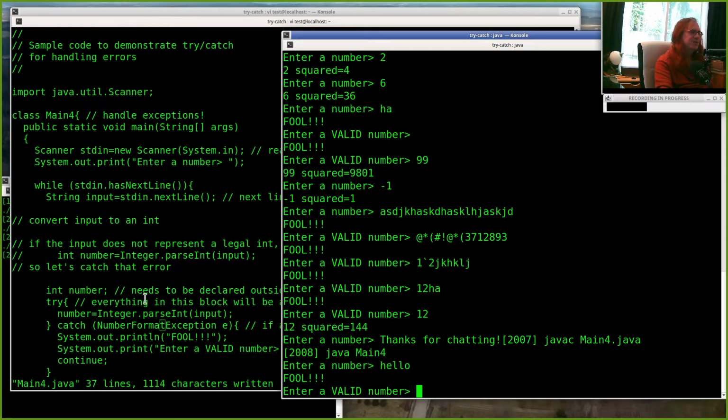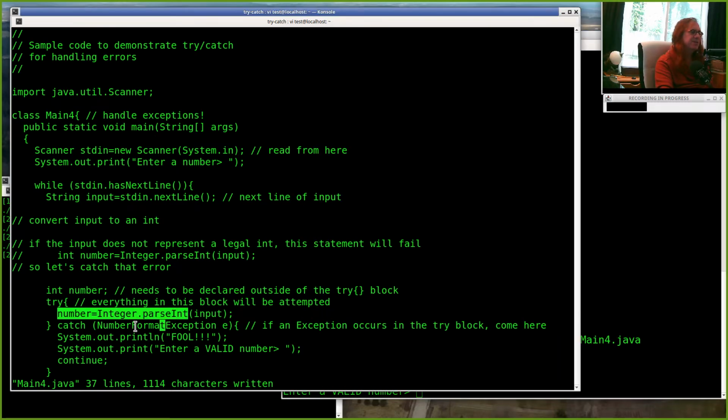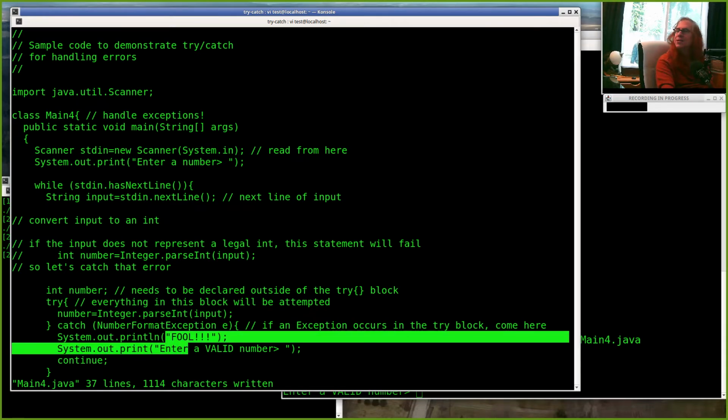Well, when we typed a hello and we tried to do this parsing, it generated a number format exception, and it found a catch block that matches that. And so it went ahead and executed these statements. But if we have some different kind of exception,